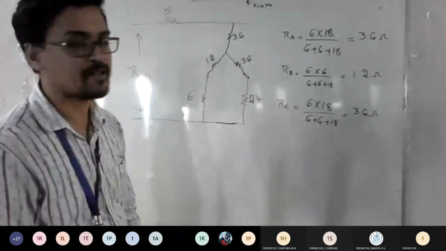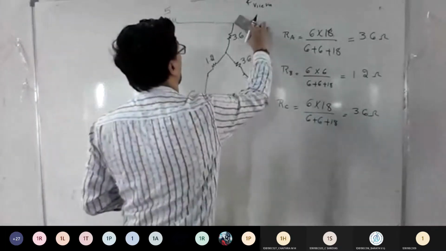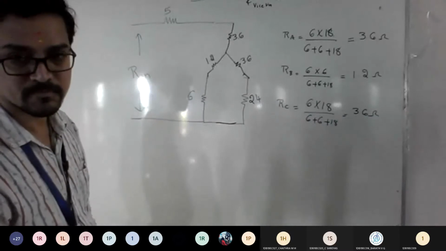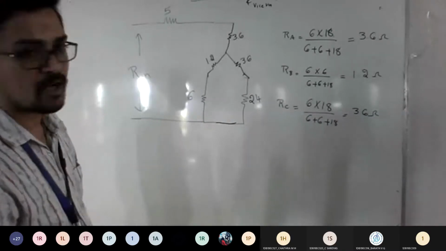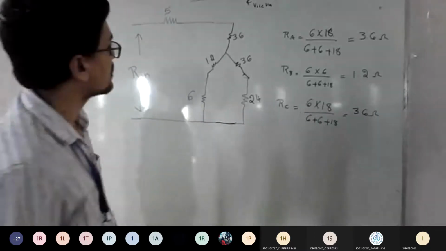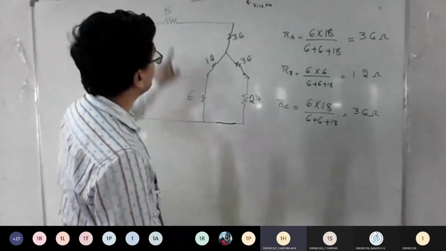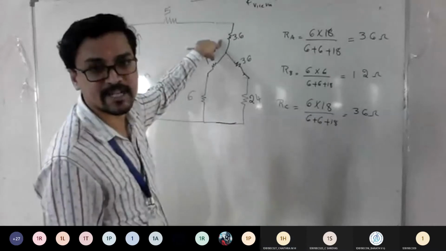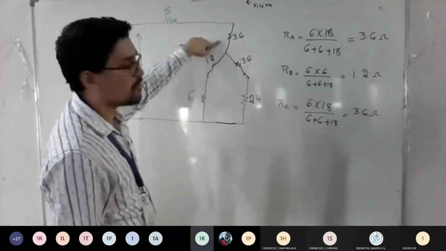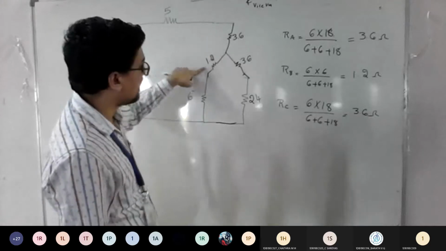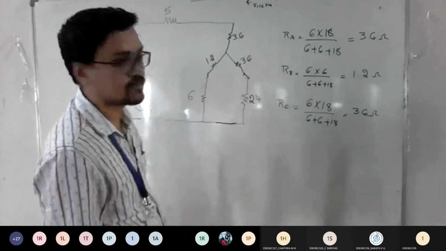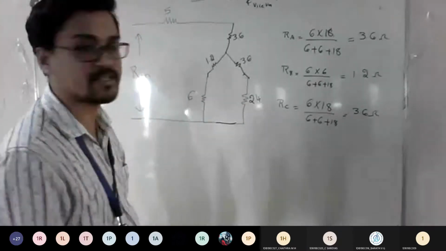Now look at the things carefully and tell me how many series connections you have. How many series connections you have? 2. Only 2? 3. 3, sir. See, 5 and 3.6 also in series, right? Yes or no? Look at here. 5 and 3.6 in series, that becomes one resistor. And again 1.2 and 6 is in series. 3.6 and 24, yeah, 24 is in series.